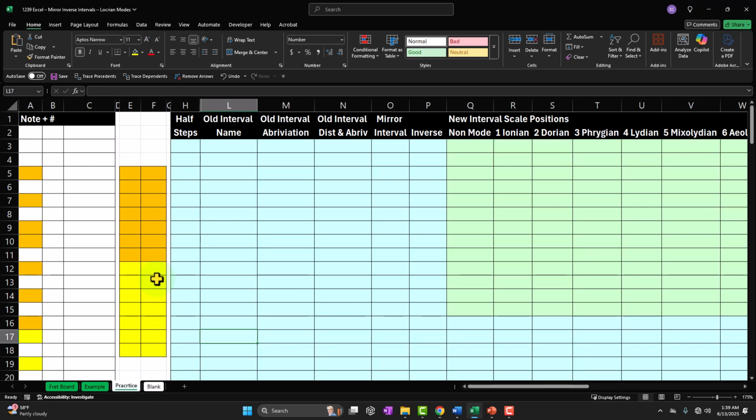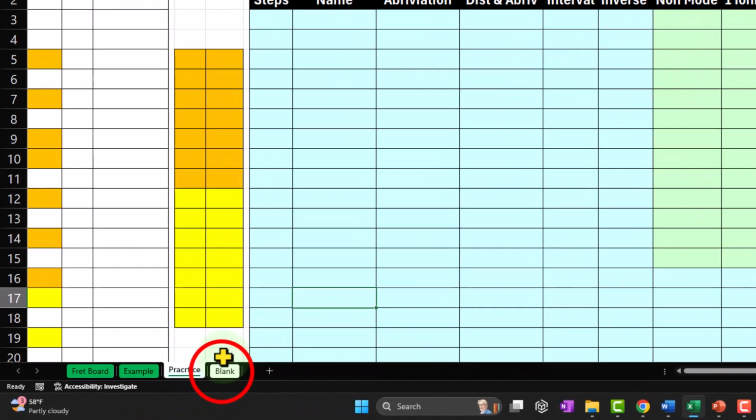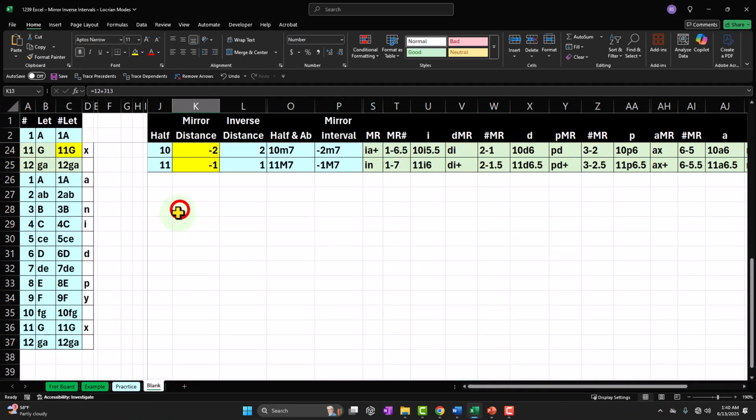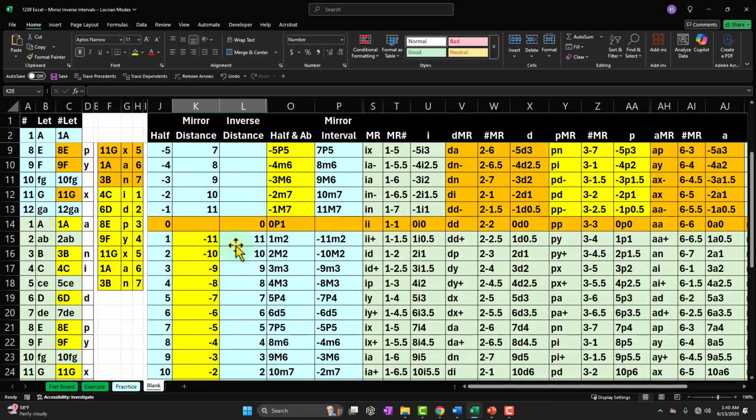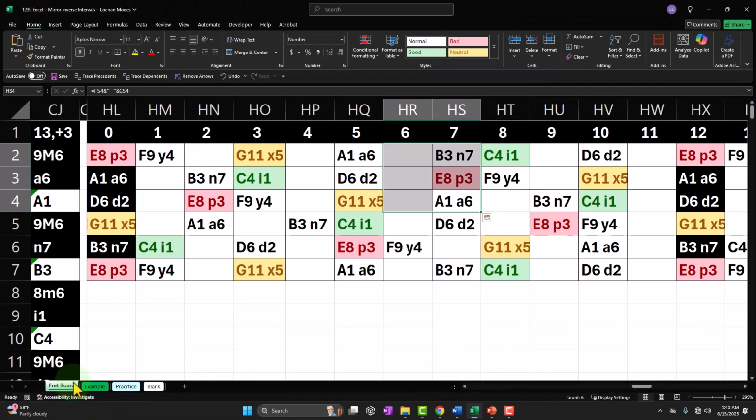But if you don't have any of that, that's okay, because we'll be working in the blank tab where we built this from a blank worksheet, and we'll be continuing to work in the blank or less formatted part of the worksheet going forward, practicing both our Excel skills and music skills at the same time. Let's go to the fretboard tab to get an idea of what we will be doing,